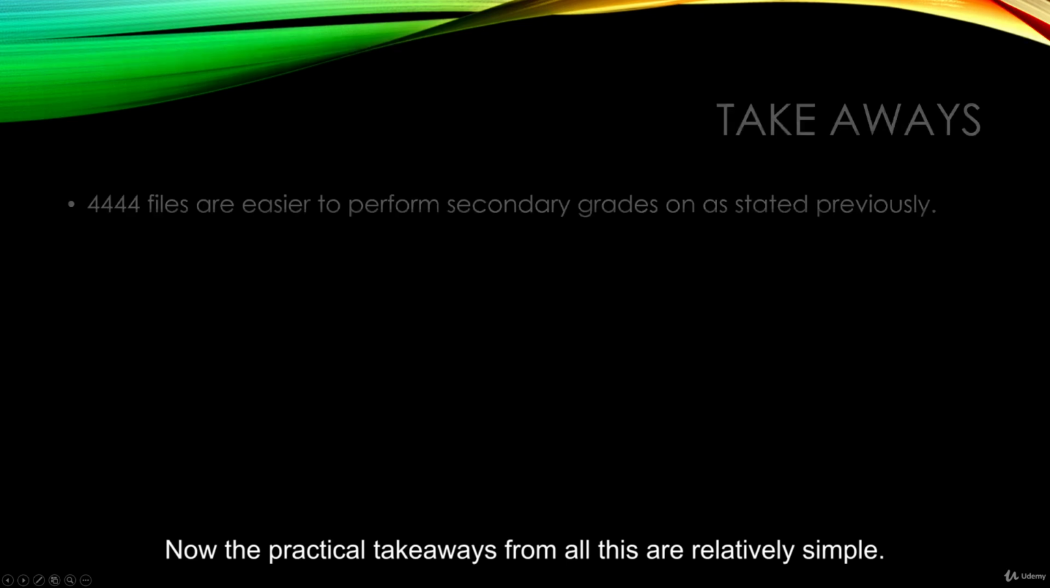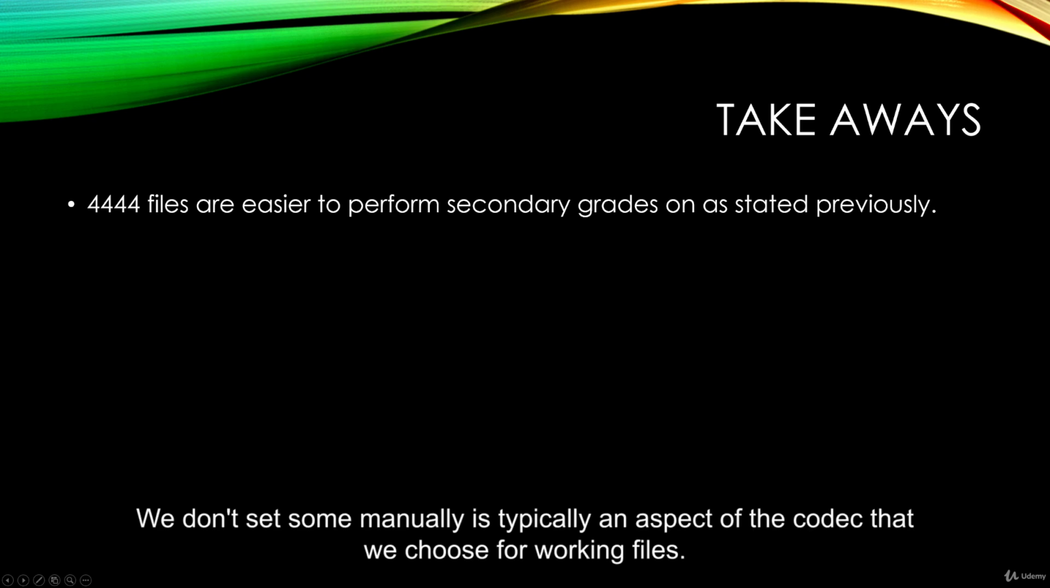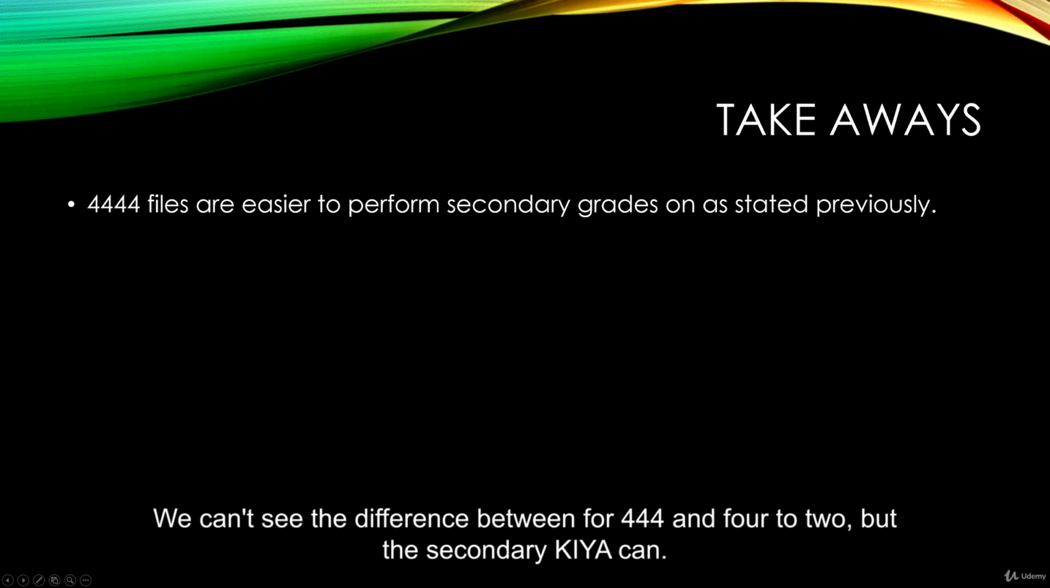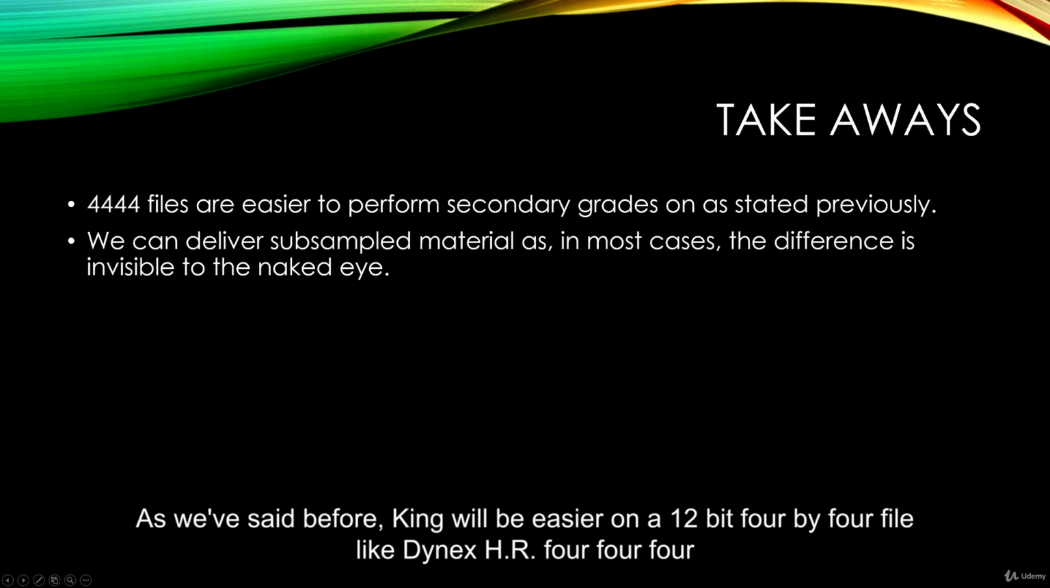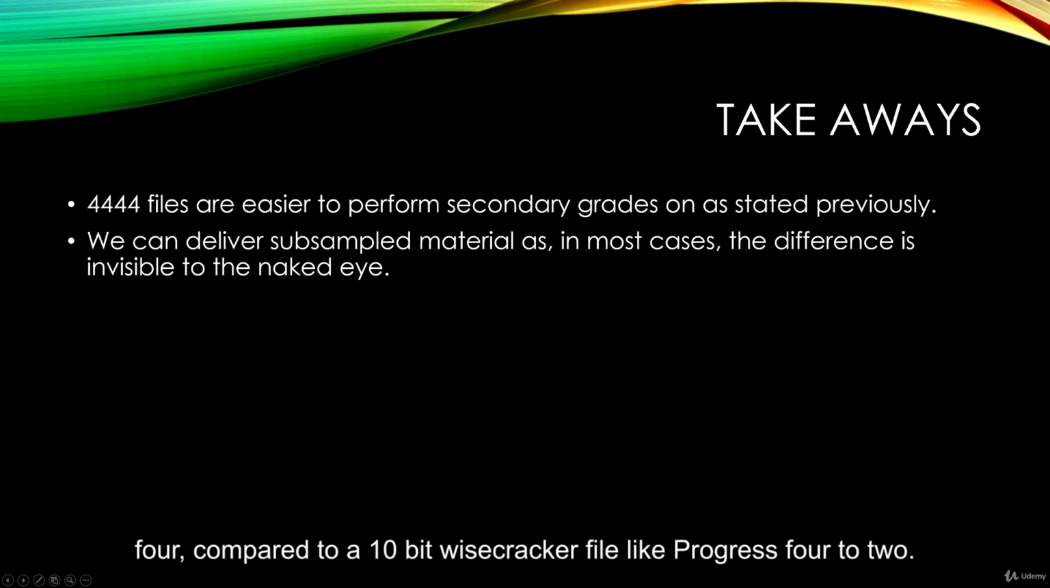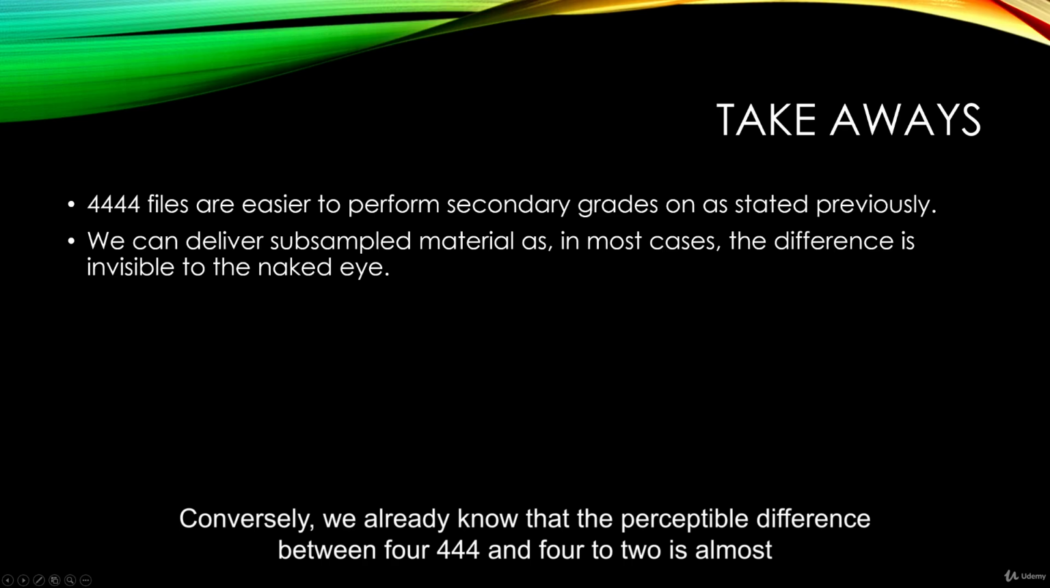Now, the practical takeaways from all this are relatively simple. We don't set subsampling manually. It's typically an aspect of the codec that we choose. For working files, we can't see the difference between 4444 and 422, but the secondary keyer can. As we've said before, keying will be easier on a 12-bit 4x4 file like DNxHR 4444 compared to a 10-bit YCbCr file like ProRes 422. Conversely, we already know that the perceptible difference between 4444 and 422 is almost nil, so